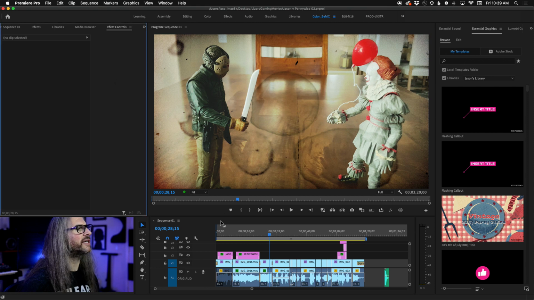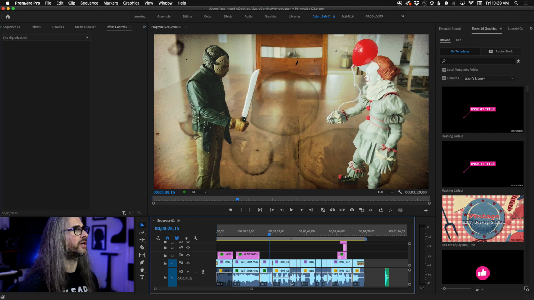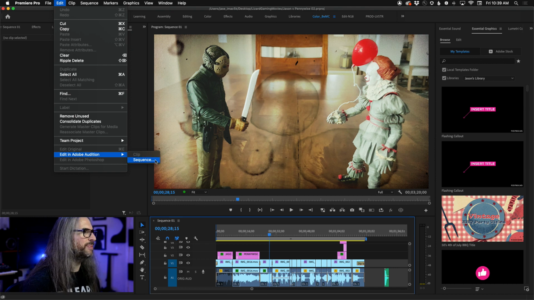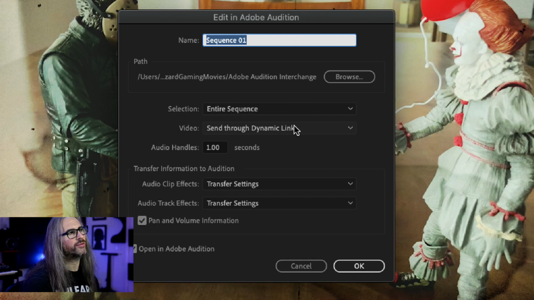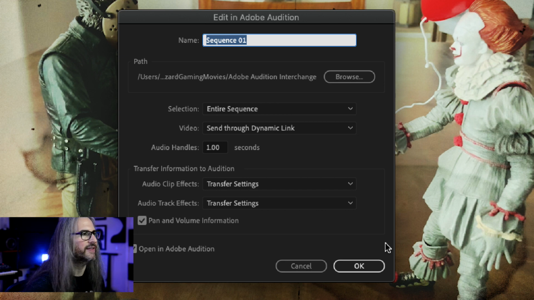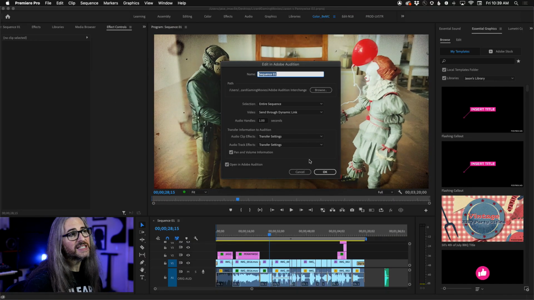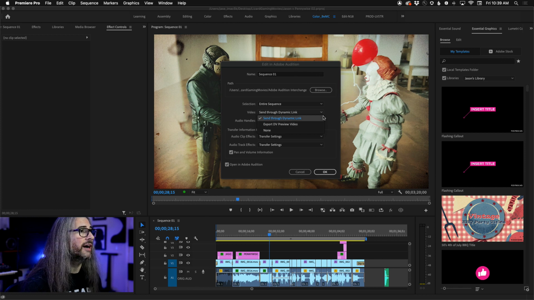All right, now typically if I were going to be scoring something to video, my general workflow would be to dynamically link this from Premiere by editing in Audition this way, right? I've shown this workflow a bunch of times before, sending the video through dynamic link. And there's no audio settings really done on here, so there's nothing that's going to need to transfer over. For this particular one, because the edit is locked at this point, and I just wanted a little more flexibility, and I know that I'm going to be scrubbing around and moving around a lot in Audition, I actually just did a little render.